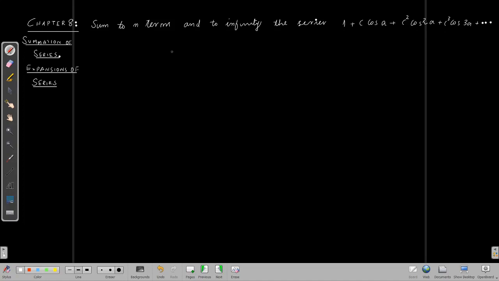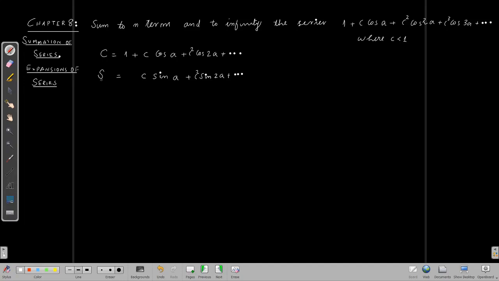Okay. So in order to find the sum, we let this capital C equal the given series, c cos A plus c square cos 2A plus etc. Corresponding to this, we write another series, capital S, defined as c sin A plus c square sin 2A plus etc. The question gives that the value of c is less than unity.